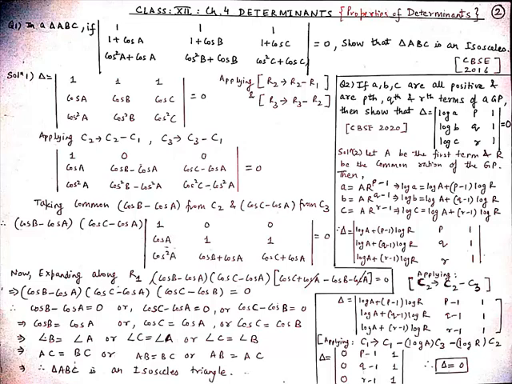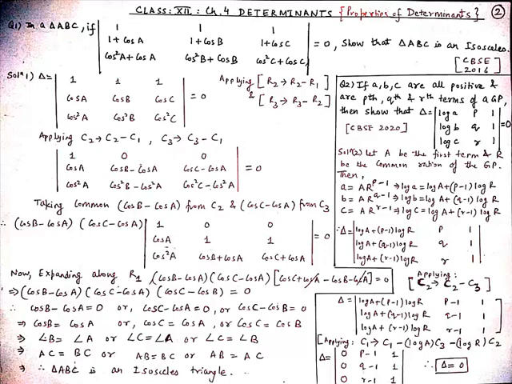And now on taking log both sides, we get log a is equal to log A plus (p minus 1) log r, and then log b equal to log A plus (q minus 1) log r, and then log c equal to log A plus (r minus 1) into log r. So from here our determinant is equal to the determinant with rows log A plus (p minus 1) log r, p, 1; log A plus (q minus 1) log r, q, 1; and log A plus (r minus 1) into log r, r, 1.